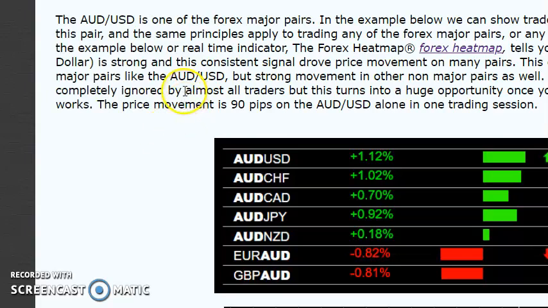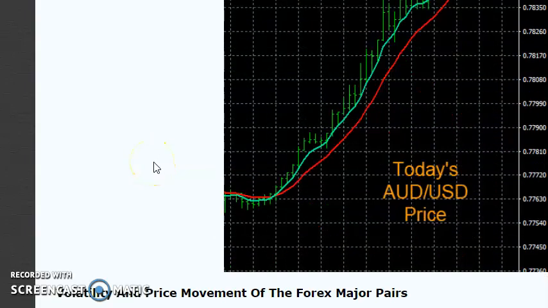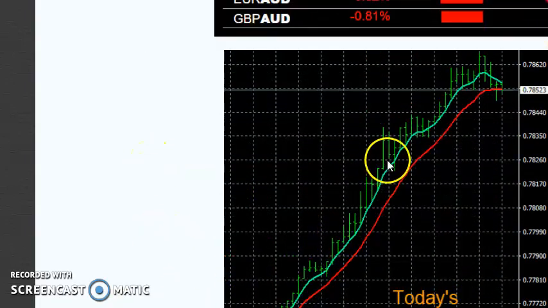So look at this example here. This is an example for the Aussie dollar USD, but this is the exact same logic you can apply to all 28 pairs. We have this real-time tool called the Forex Heatmap, and you can see the Aussie dollar is either the base currency or the cross currency. You can see that the Australian dollar is strong. This is a live tool that works for 8 different currencies. Because the Australian dollar was strong, and there was some very slight US dollar weakness, the Aussie USD moved the fastest. So you had this nice 90 pip move